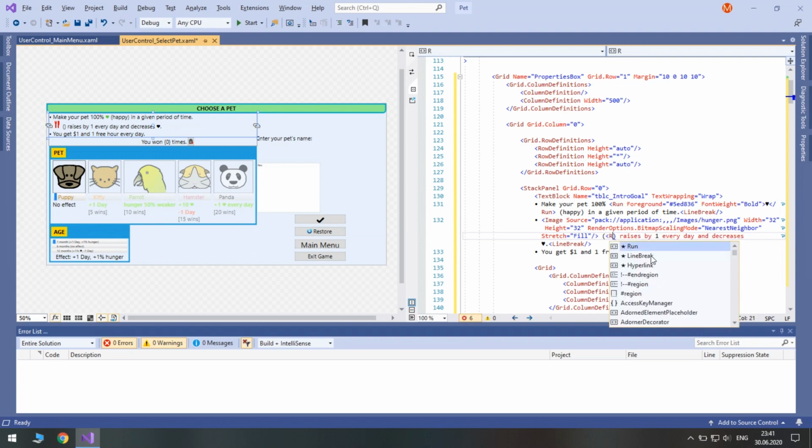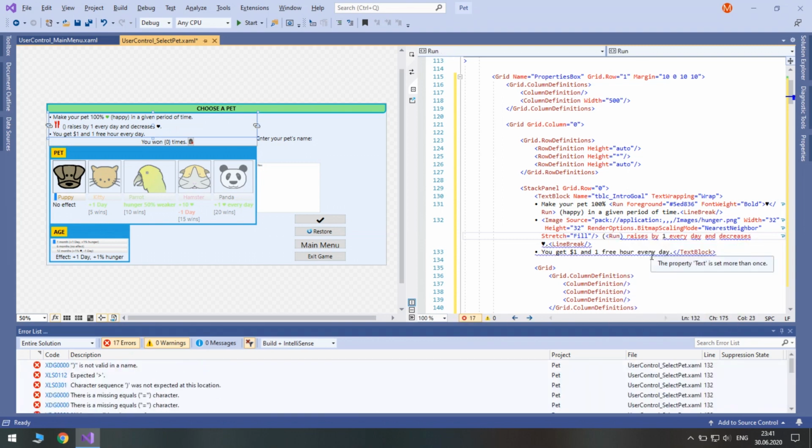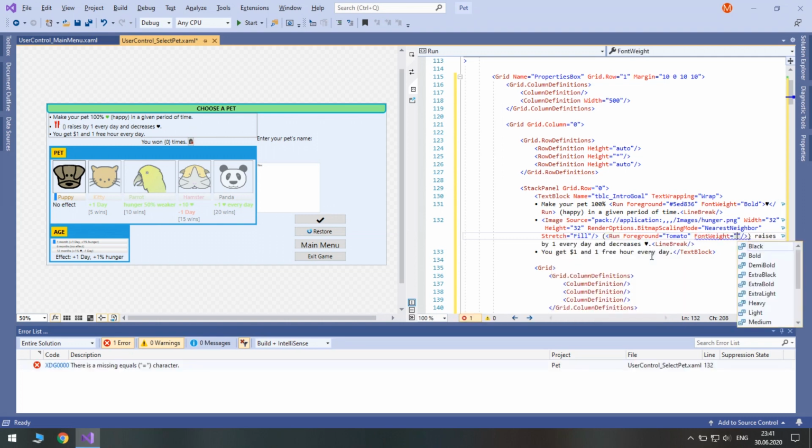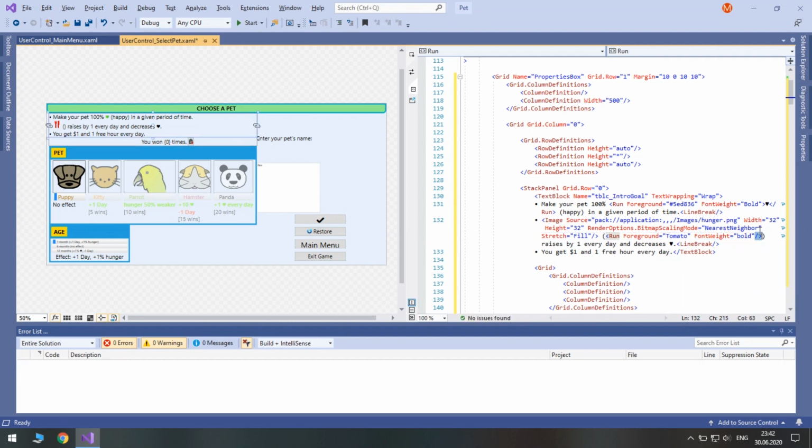So let's create another one, and it's going to be of tomato color, so foreground tomato. I'll make it bold as well, and explain that it is hunger.